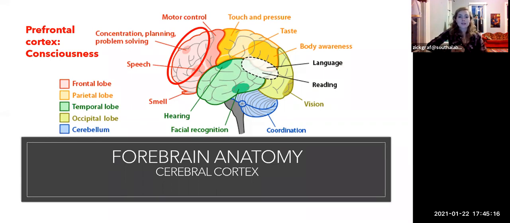The frontal cortex as a whole is involved in motor control. So telling our bodies consciously what actions to take, and also processing smell consciously. But the functions that are the most important for psychopathology relate to the prefrontal cortex, which is the part of our brain right behind our eyes, behind our forehead. This is the part of your brain that makes you a human, because this is our